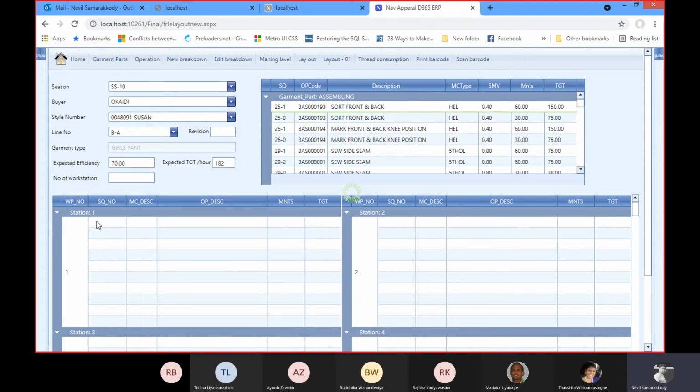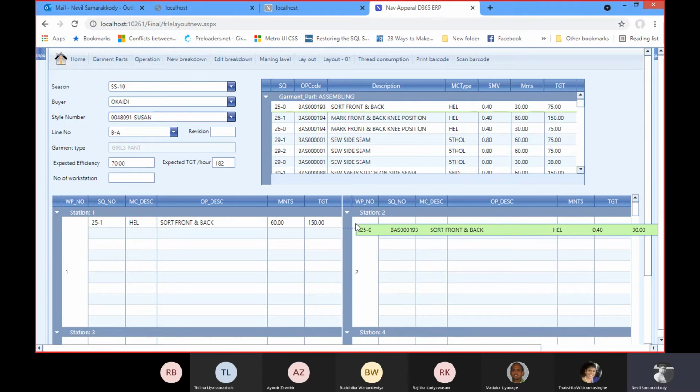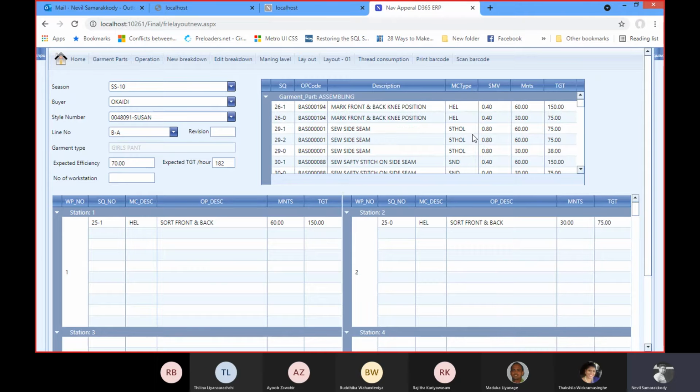If you want to put an operation at the first place this way, you drop it here. Then that first workstation is done, and that operation is also removed from here. Then second, you can put it here. If you want to couple, minutes are required here too. You see here 30 minutes. That means this helper is working 30 minutes out of 1 hour,